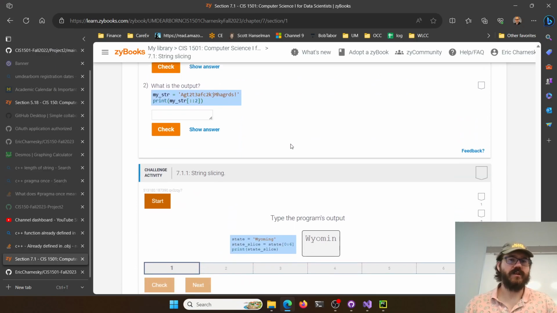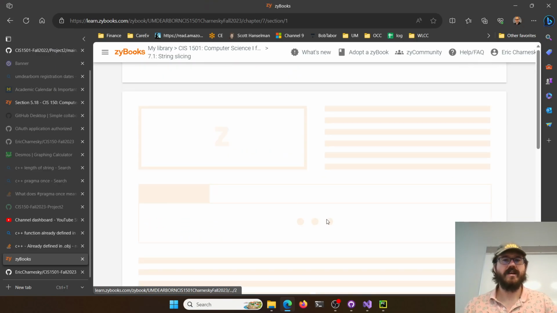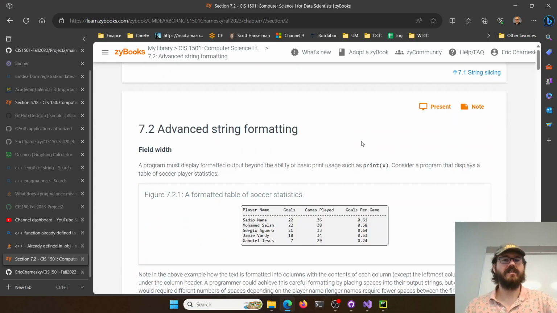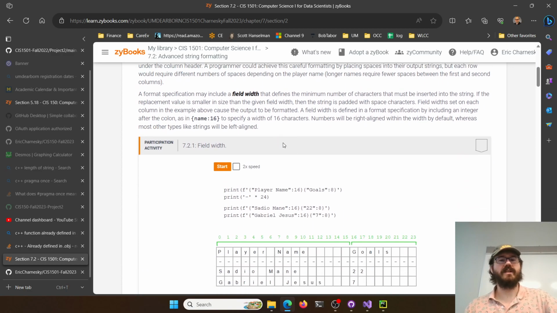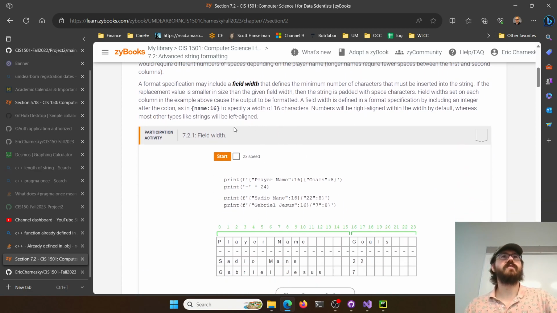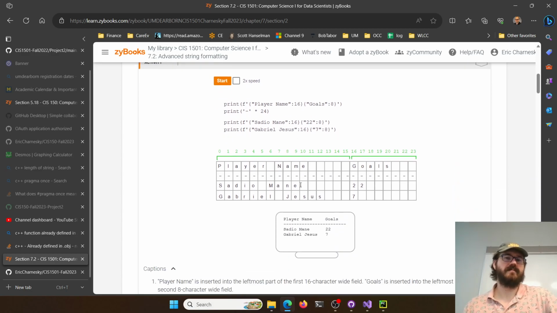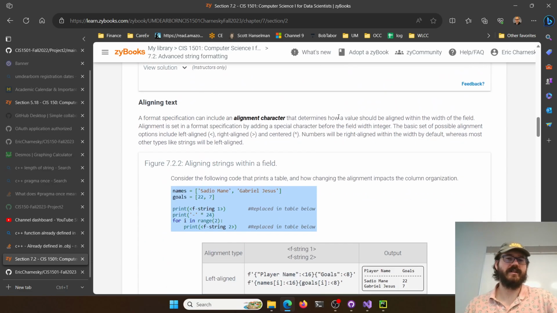All right. So that's slicing, doing our strides. Other fun things we can do with our strings, aside from just printing. I think you've done some of this with the zyBooks zyLabs. You had to print very specific things. You can specify a specific width if you want, so you always have 16 characters, as we're printing these things out. That way you can have a nicely formatted output every single time.